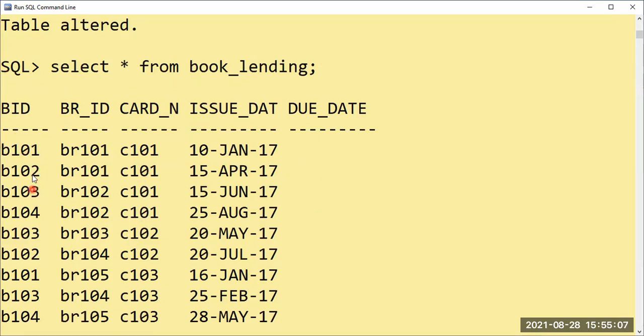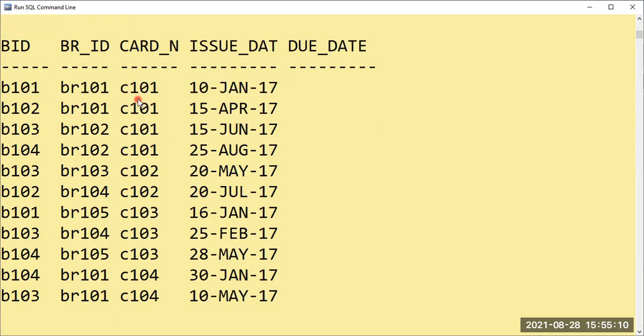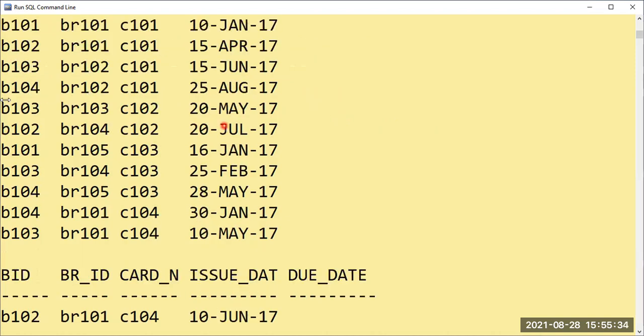So I have to take the book IDs also. So she has issued this, C101, on her card number. If I update where the card number is 101, then for everyone it will become the same value, 26 Jan 2017. That should not happen, no? So we have to check from this table where the unique value is. So let us now go directly here. For all the records, I have to just go on adding 15 days. 10th May, 26th May, 30th Jan, it will come 14th Feb, 31st Jan is not there.